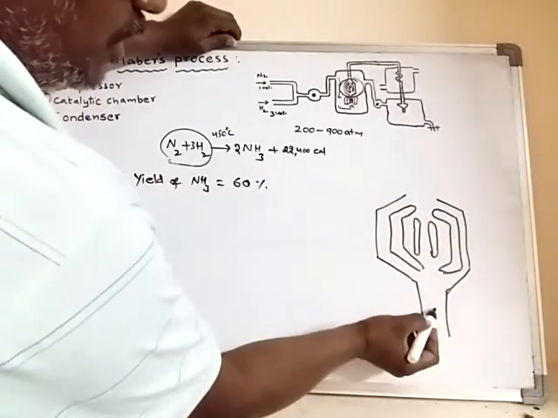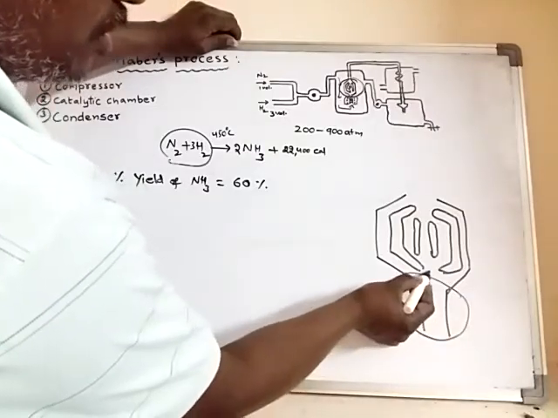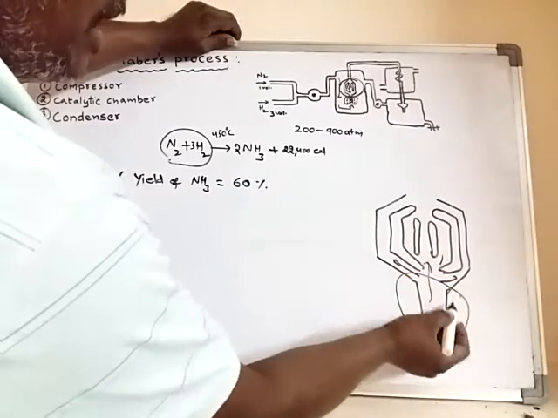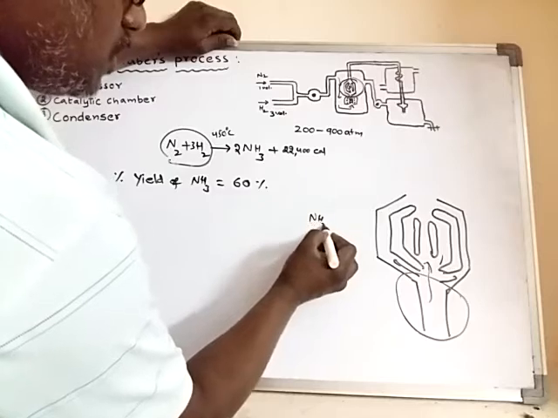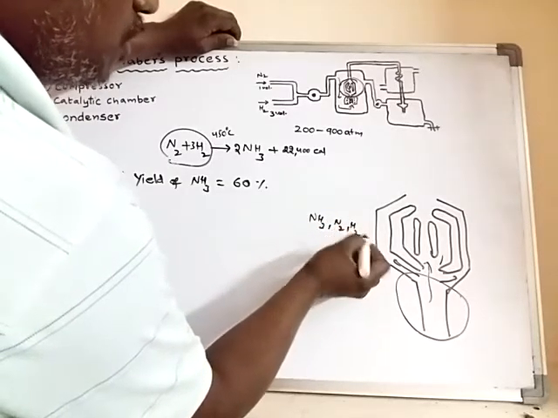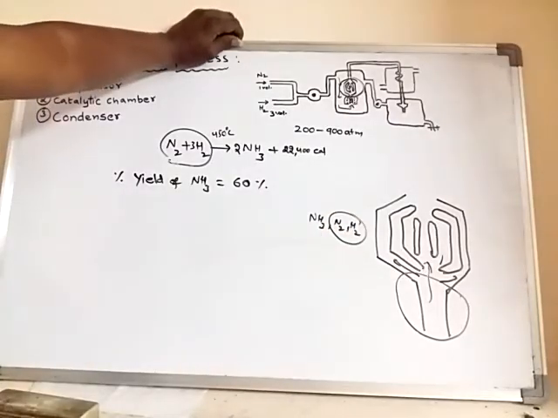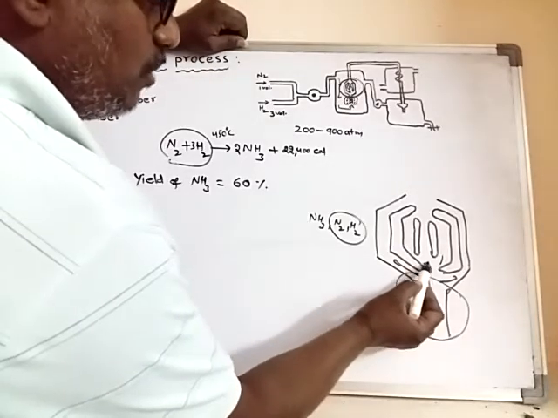So the ammonia gas is formed somewhere here. It will move through this one, okay, through this one, and along with ammonia. So here it contains ammonia gas, nitrogen gas, and hydrogen gas also, because 40% of the nitrogen and hydrogen gas mixture remained unreacted. So that means, so here from this